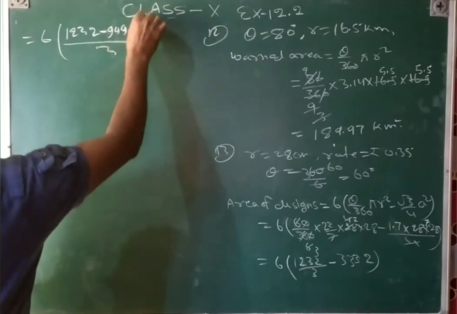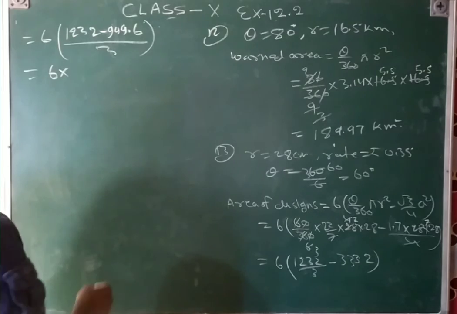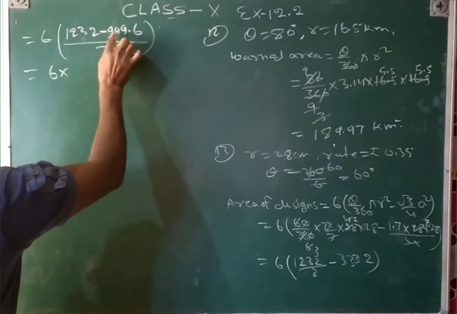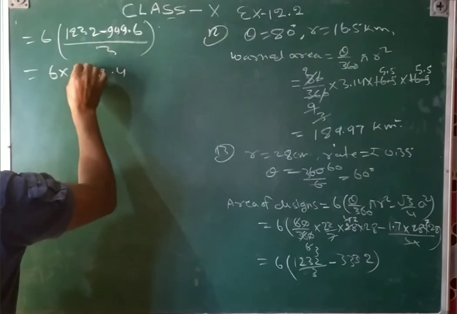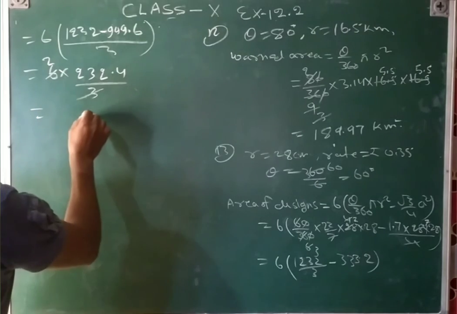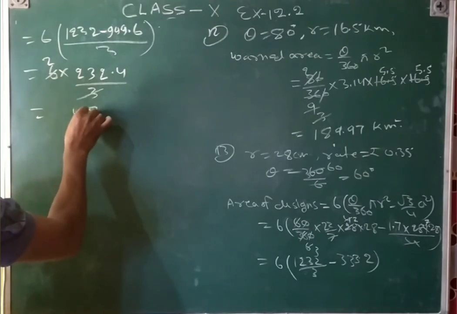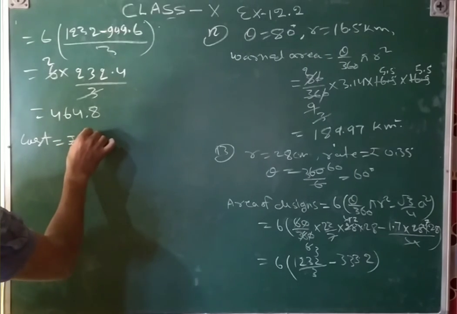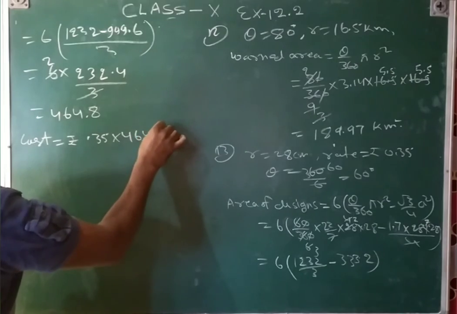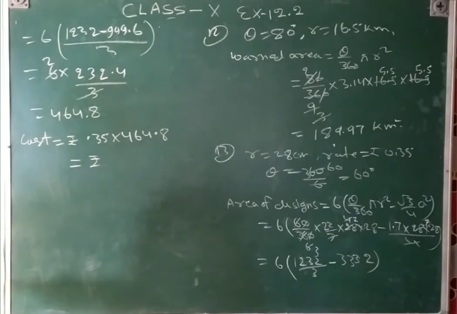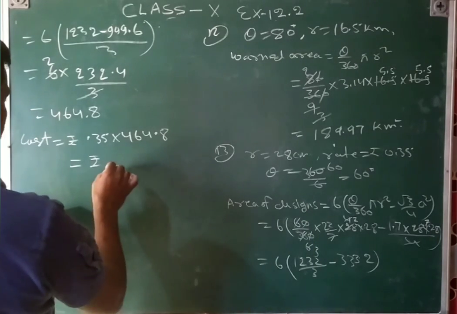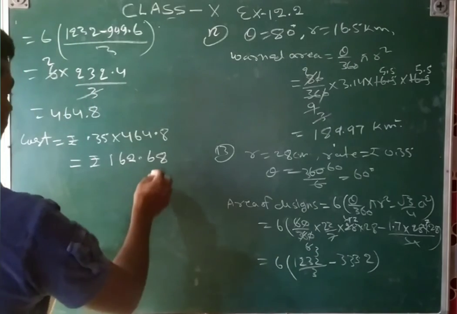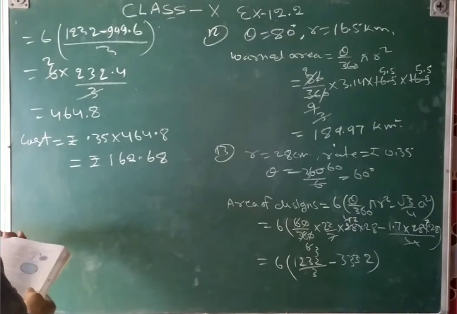be 9 upon 3, so now 6 multiply by the subtraction of that thing, 10 less 6 4, and then 11 less 9 2, then 12 less 9 3, and then 11 less 9 2 upon 3, 3 2 ja, and then after 2 2 ja 4, 2 4 ja 8, 2 3 ja 6, 2 2 ja 4, and then cost is equal to the rate, decimal 3 5 into 4 6 4 decimal 8, by that multiply, that cost will be 162 point 68 rupees.